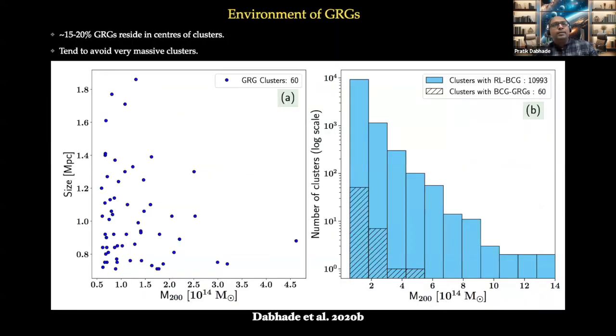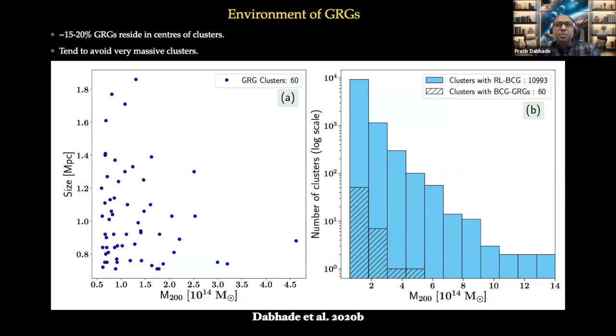Then we also touched upon the environment of these, to understand whether they only grow in sparse environments. Is that the only very obvious reason for them? We did not have X-ray data, but we have the next best thing. We have galaxy cluster catalogs, which allowed us to spatially check whether these giants are associated with a galaxy cluster. So we did this and we found 15 to 20% of our sample are right at the center of galaxy clusters, which are obviously very dense,